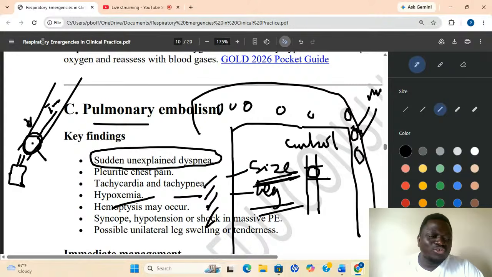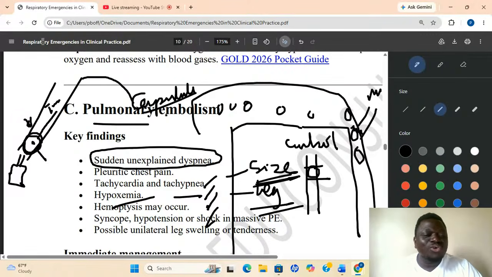How big is this clot? You don't know. But this clot is now going, it gets to the lungs, remembering that the lung has capillaries, that the size of these capillaries is tiny and smaller than that vein here. So this clot that was able to stay here without moving, when it gets to the capillaries, it is going to get stuck.